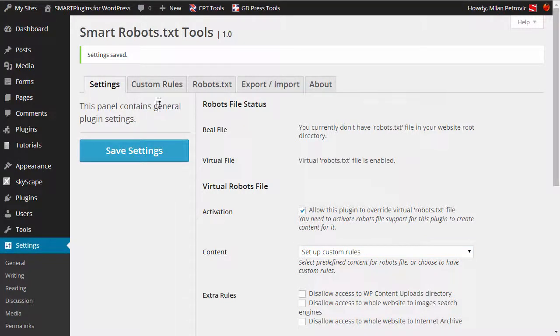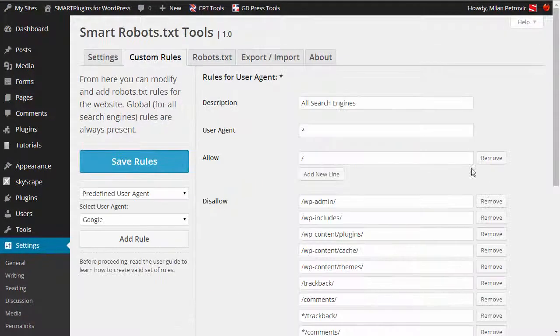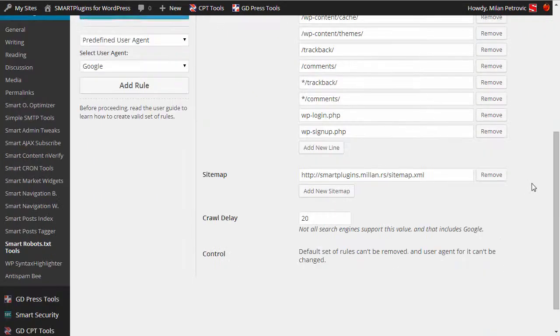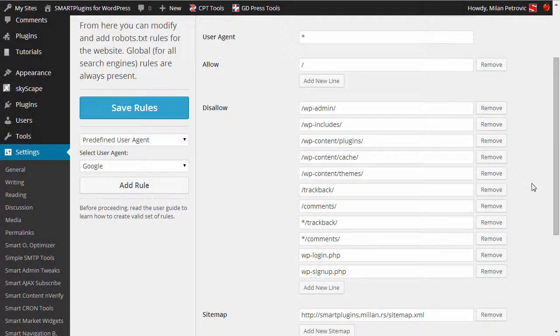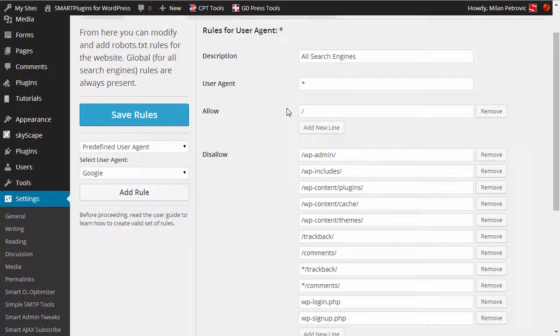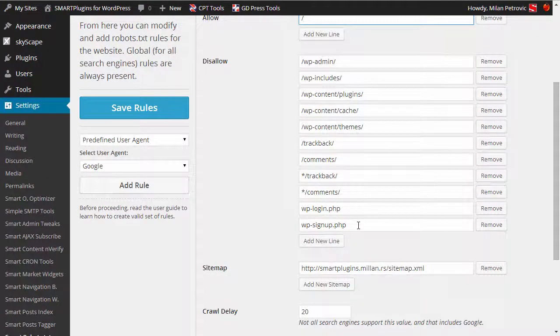We'll save that, and if we switch to the custom rules panel, you will be able to generate or change the current rule. The first and basic rule here that cannot be removed is for all user agents, and this cannot be renamed, but you can make other changes here. So everything is allowed, and here are the directories that are not allowed. This is not only directories, but it can be a pattern using the asterisk character, or a direct path to a file or something like that. You can remove any of it,